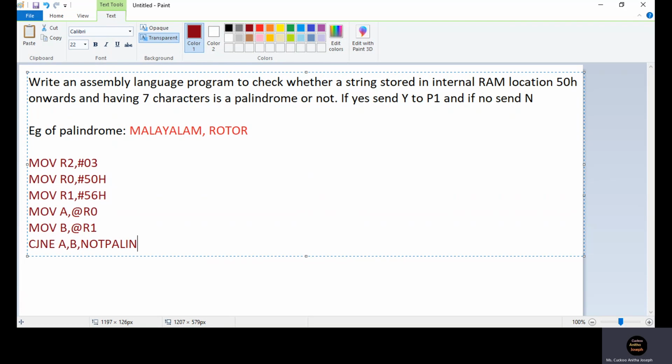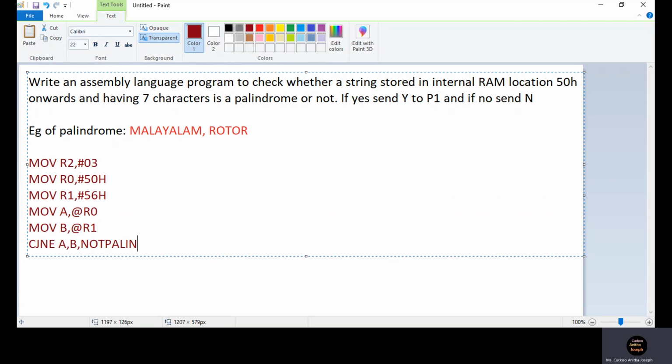We need not go for checking the remaining characters. So we will jump to the label not palin, where we will send N to P1. What should we do if our string is not a palindrome? We should send N to P1. So at the location indicated by the label not palin, we have to send N to P1.